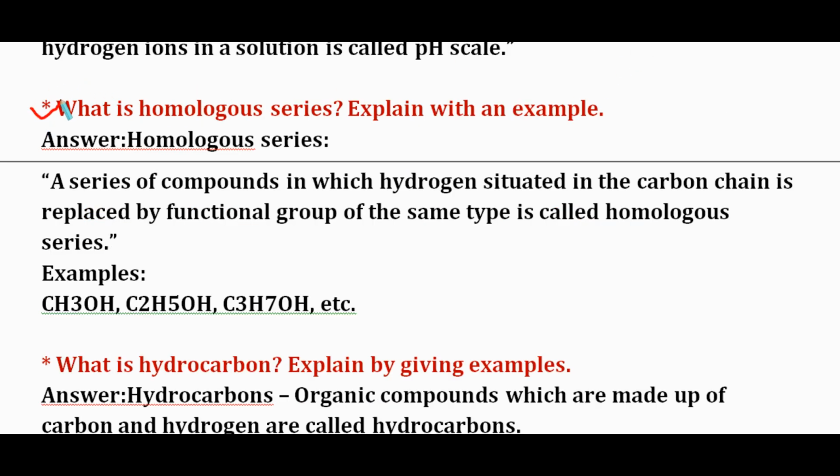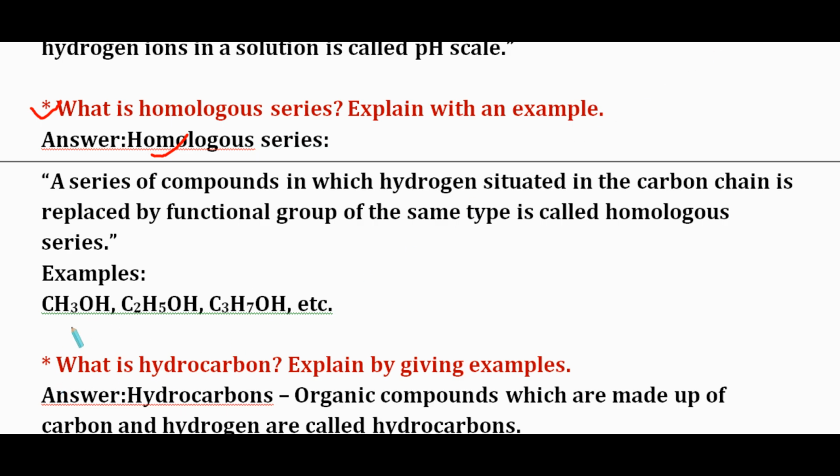What is homologous series? Explain with an example. Now see the homologous series. A series of compounds in which hydrogen situated in the carbon chain is replaced by a functional group of the same type is called homologous series. Such examples are,